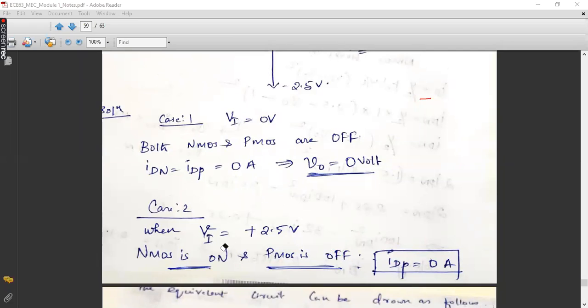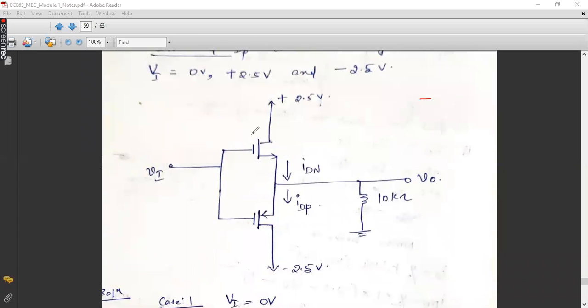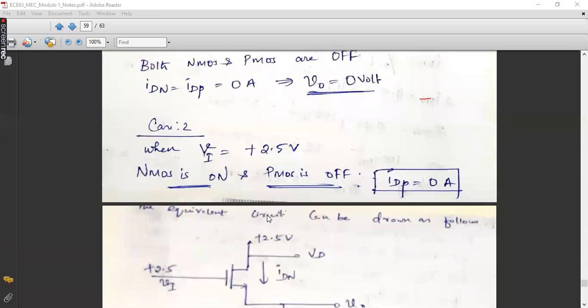Now all of you try to draw the equivalent circuit of this figure by considering PMOS as off and NMOS as on. I'll be dealing only with NMOS because the PMOS is acting as an open switch. So don't take it into consideration, and you will consider only this, because NMOS is on right now, right? Based upon that, you can redraw the circuit and try to find IDN. How can you find IDN? Because IDP is evidently zero, since the switch is acting as an off switch.